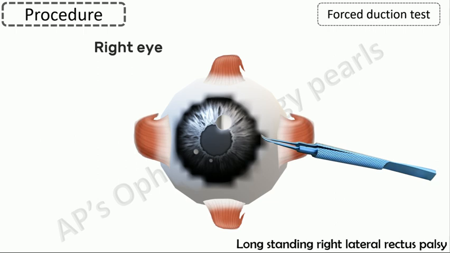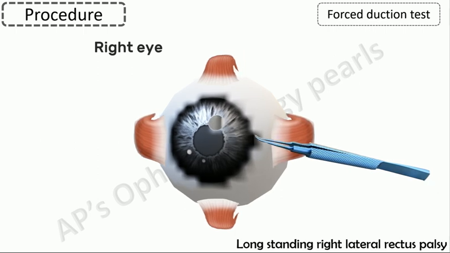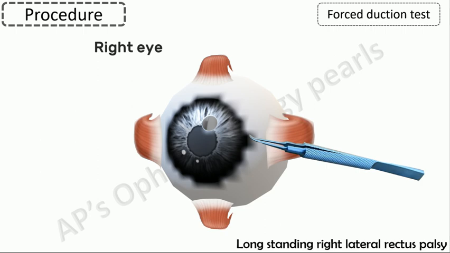Some people prefer to grasp the muscle tendon itself, but this is more traumatic and more painful for the patient. The globe is then passively rotated in the direction of limited motility, taking care not to push it posteriorly, as this can produce a false negative result due to slackening of the recti. If you are not sure whether you are involuntarily pushing the globe back or not, you can even proptose it slightly with the forceps.